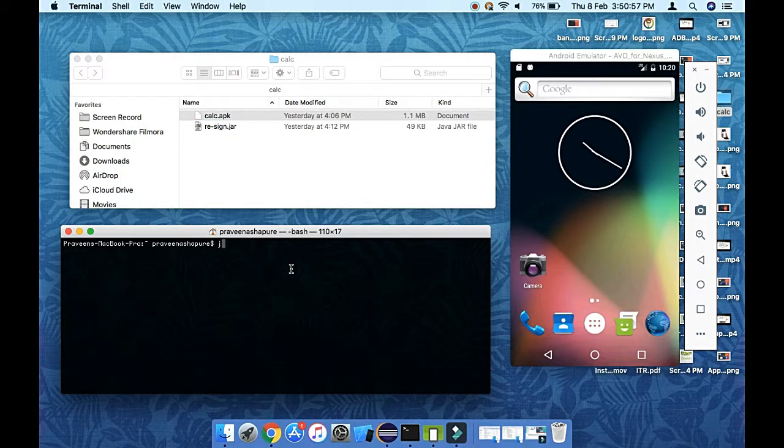So let's check Java first. Version. Okay, so Java is already installed here. Now with the help of Java, what we need to do? We need to resign this APK, right? So what will we type here? Just open terminal, type Java